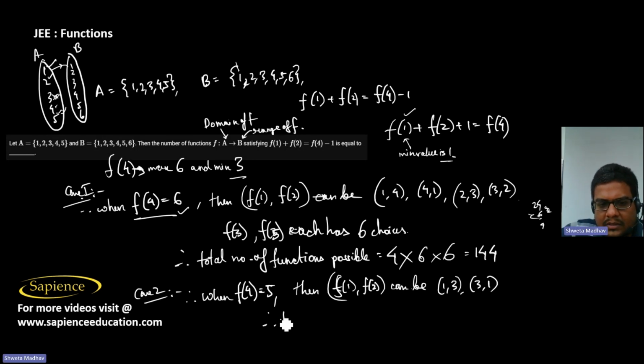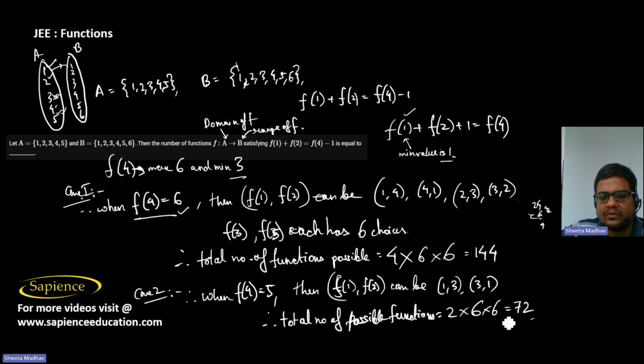So therefore here the total number of possible functions: for f of 1 and f of 2 we have 2 choices, for f of 4 we have one choice, and f of 3 and f of 5 each will have 6 choices. So this will be 2 6 are 12, 2 6 are 72 functions. Then in case 3